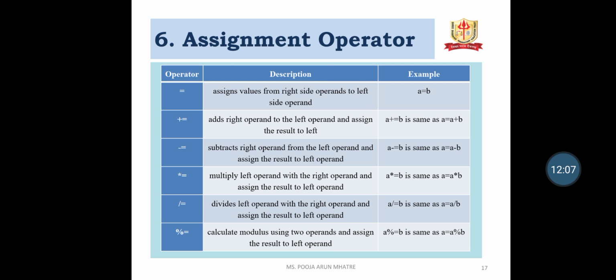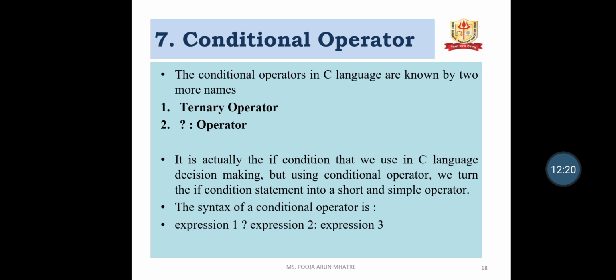Modulus equal to. Calculate the modulus using the two operands and assign the result to the left operand. So A modulus equals B is the same as A equals A modulus B. Conditional operator. The conditional operator in C programming is known as the ternary operator, that is question mark, colon